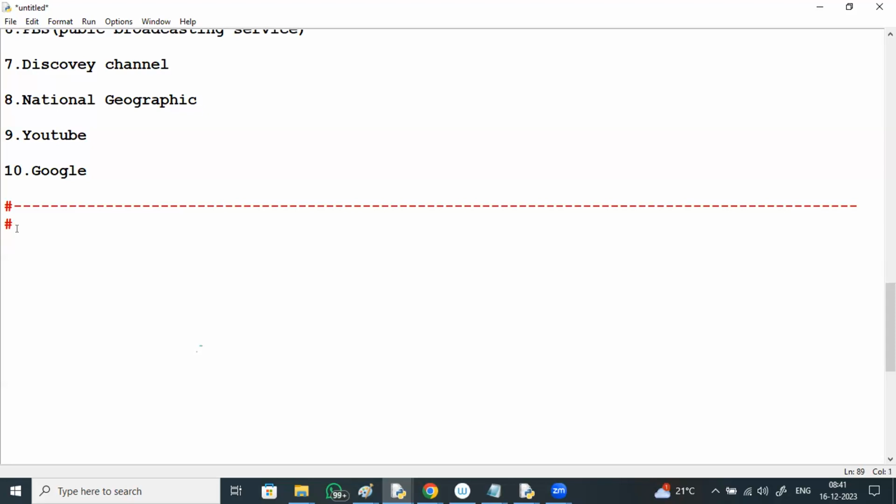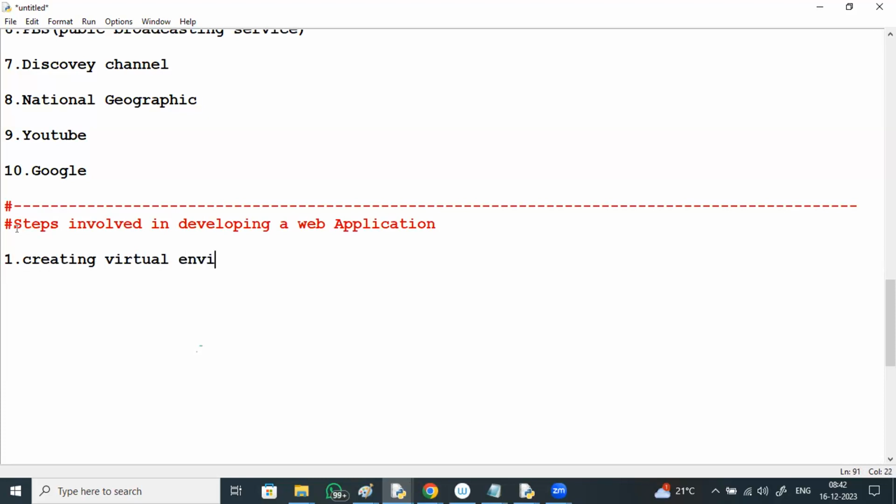So for developing a web application, what are the steps involved in developing a web application? First, creating a virtual environment. Secondly, activating the virtual environment.